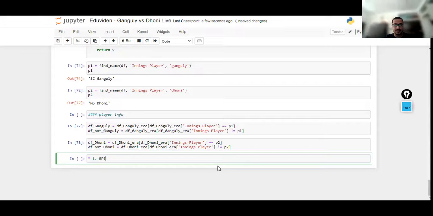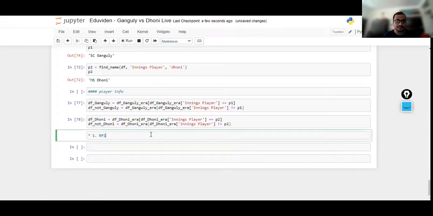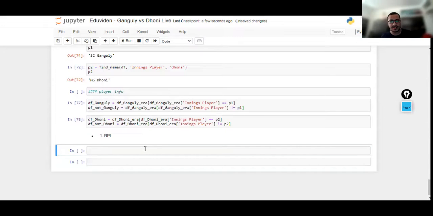RPI. Okay. So how do I find the RPI? Very simple, runs per innings. So how many runs has Dhoni scored, or first let's go to Ganguly. Ganguly has scored, divided by, that sum we have to do, divided by how many matches he